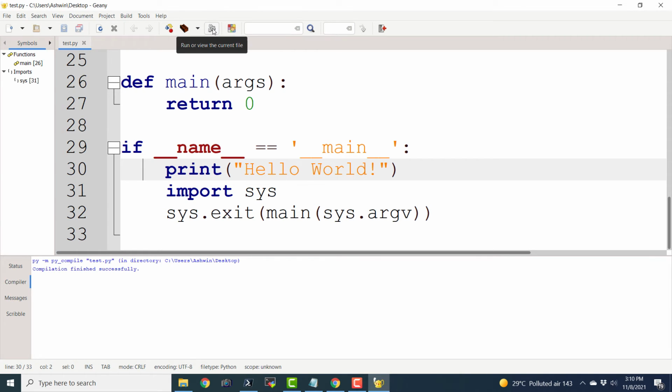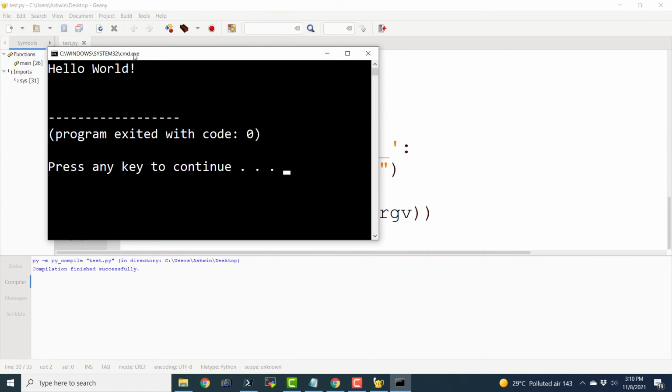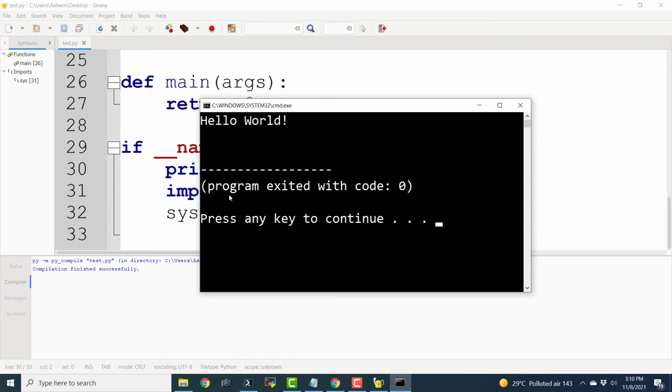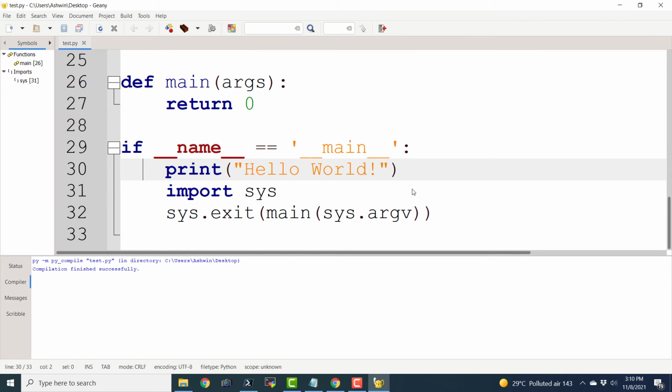Now let us go ahead and run this. Okay, it runs successfully and it prints hello world, and finally it reads the message program exited with code 0. Press any key to continue. So it is automatically detecting the Python interpreter that I have installed on this Windows computer, and it is linking with that interpreter, and then automatically compiling. When I click on the compile button, it is checking for all the errors and letting us know if there is an error in the code. And finally, when we successfully compile, we are able to run it with this button.